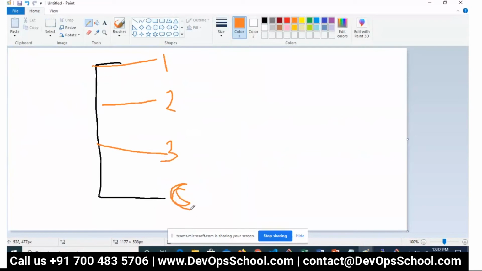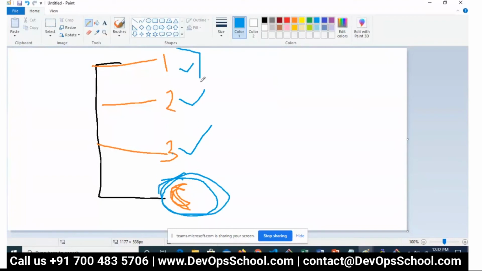If this common module is changed, then you have to build this one also, this one also, this one also, right? Because if you are not building with the new common dependent module, then this will not work properly, correct? So in that case, the moment this build happens, this automatically triggers.